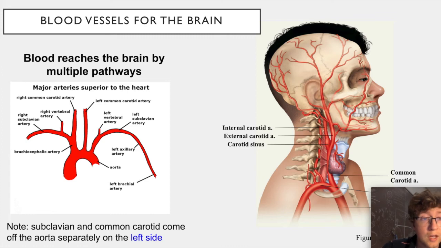If we look a little bit more in detail at the brachiocephalic artery, you'll notice that it's again giving rise to the same structures that are found on the left, but we just have to have this additional brachiocephalic region. So the left side